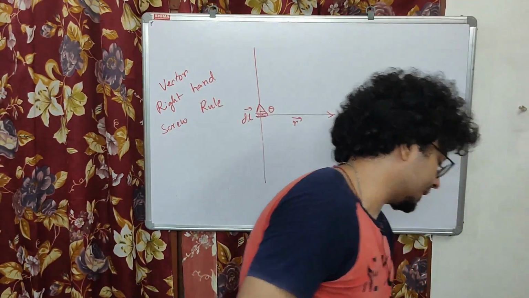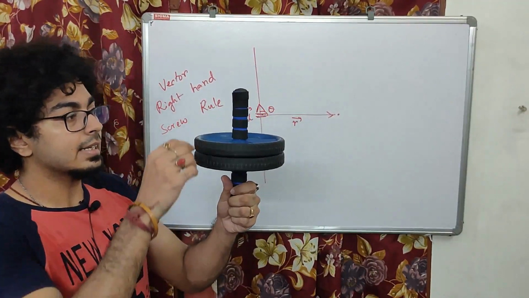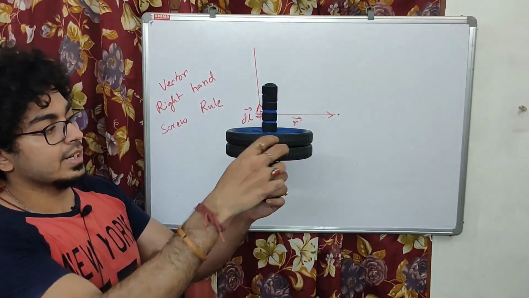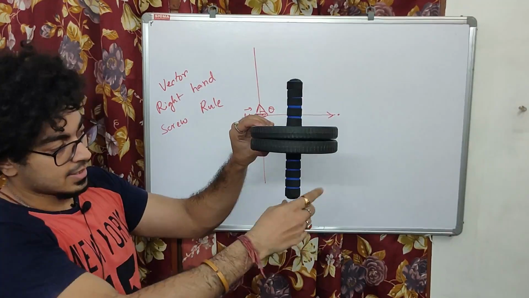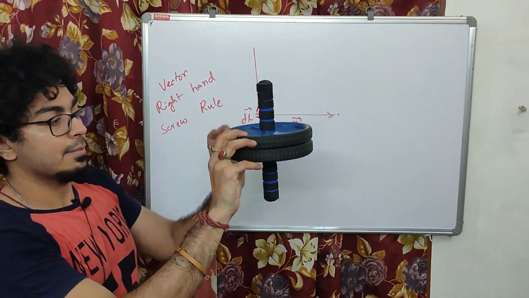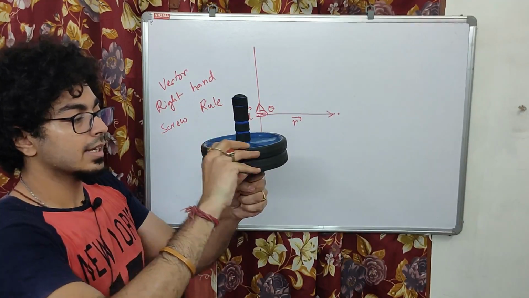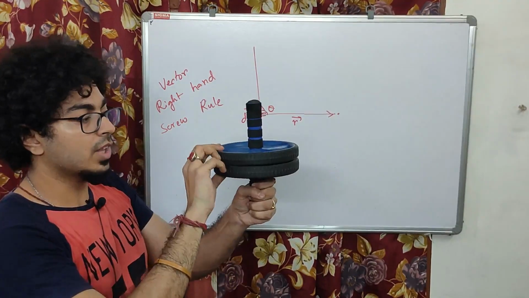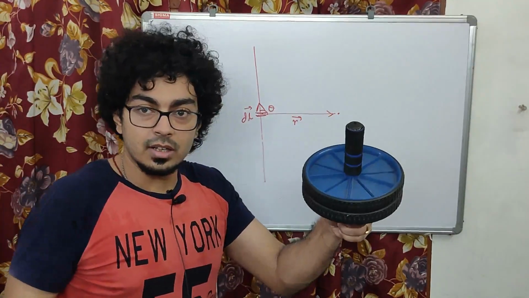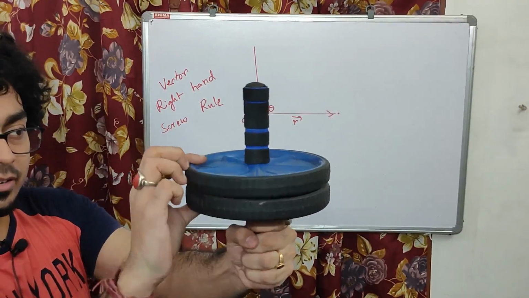Suppose, just take a look at this. You can understand this. If you understand that the current is flowing like this, you can see this rod. So current is flowing in this direction, and the magnetic field is produced in this way. Got it? So how is the magnetic field produced? The magnetic field is in a circular way. Getting a clear picture of how the magnetic field is produced?